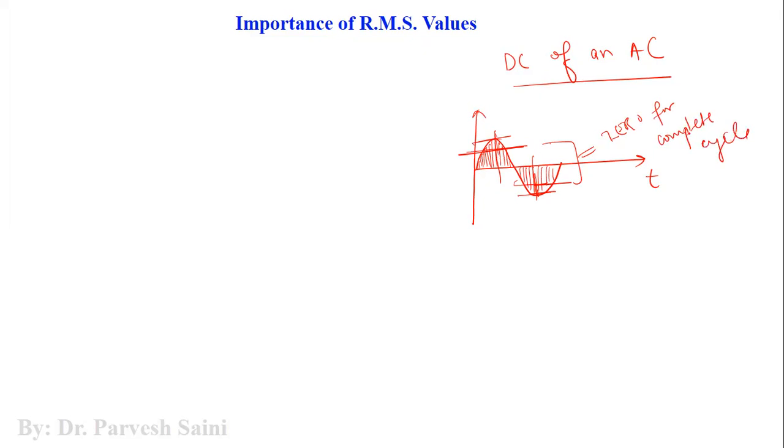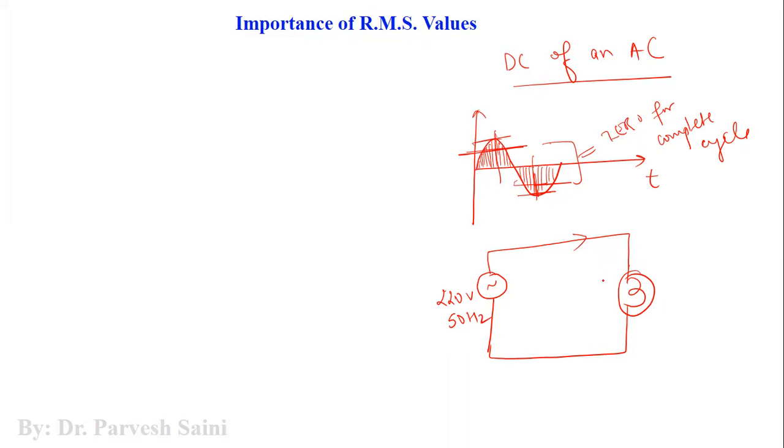Now, if I say that I have an AC source and I have a bulb connected across that AC source, and this AC source is, let us say, 220 volt and 50 hertz. So if I ask what is the amount of current flowing in this particular wire which is connecting this lamp and this source,